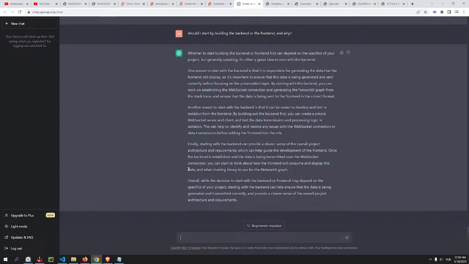Finally, starting with the backend can provide a clearer sense of overall project architecture and requirements to help you guide the development on the front end. Once the backend is established and the data is being transmitted over the WebSocket connection, you can start to think about how the front end, assuming blah blah blah. Overall,